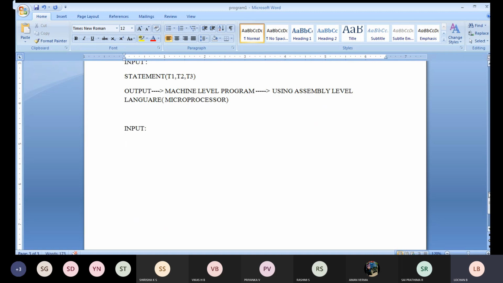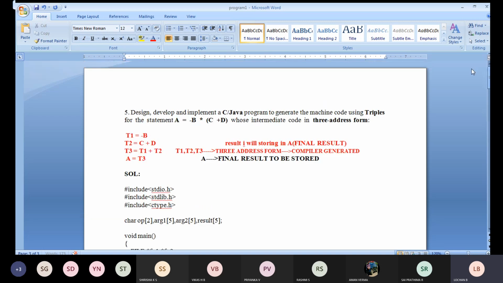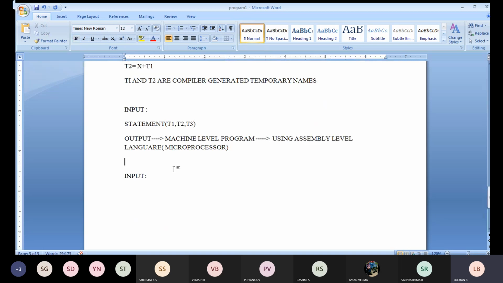Input, if you look in this particular case, this is what input I told. This is your input instruction, so I will be writing input instructions as T1 minus B which is equal to question mark. First is T1 he has given.